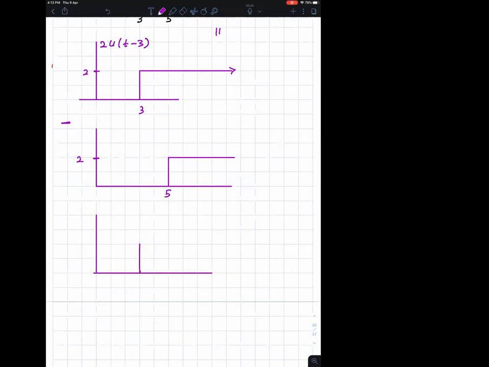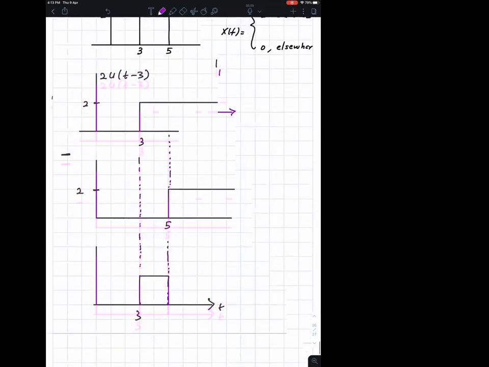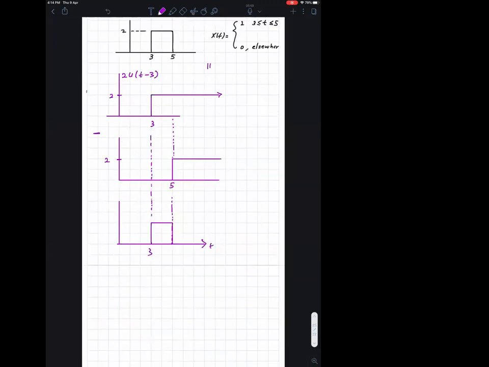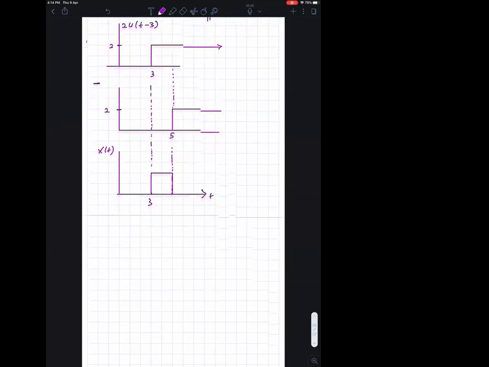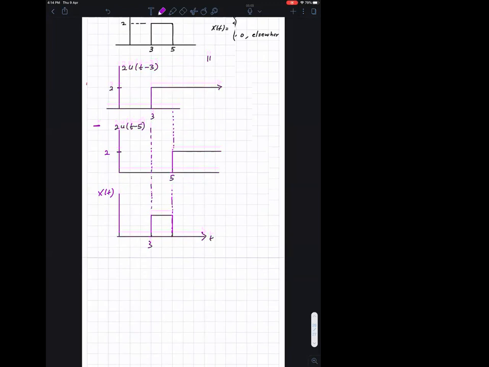Okay, 2 minus, so you can drop a line here and then you can see 3. Therefore, x(t)